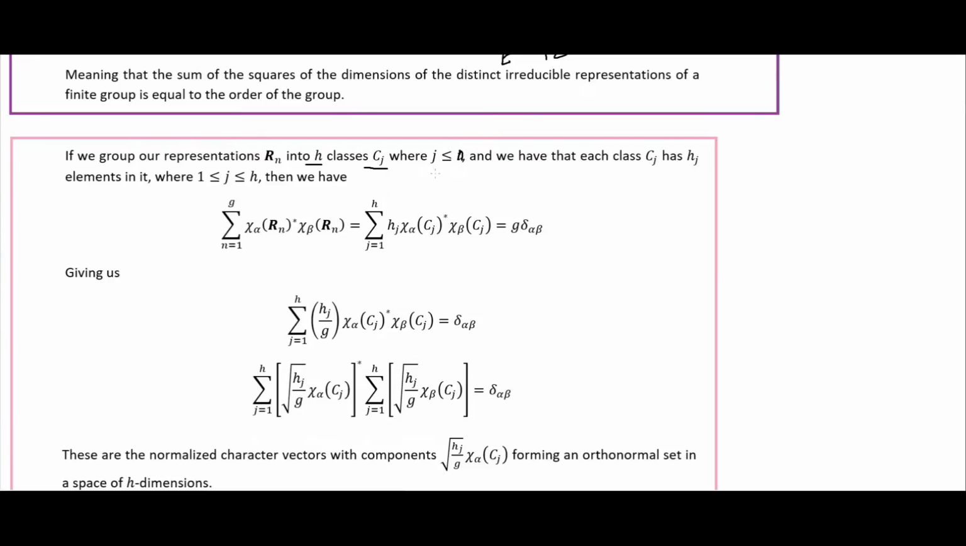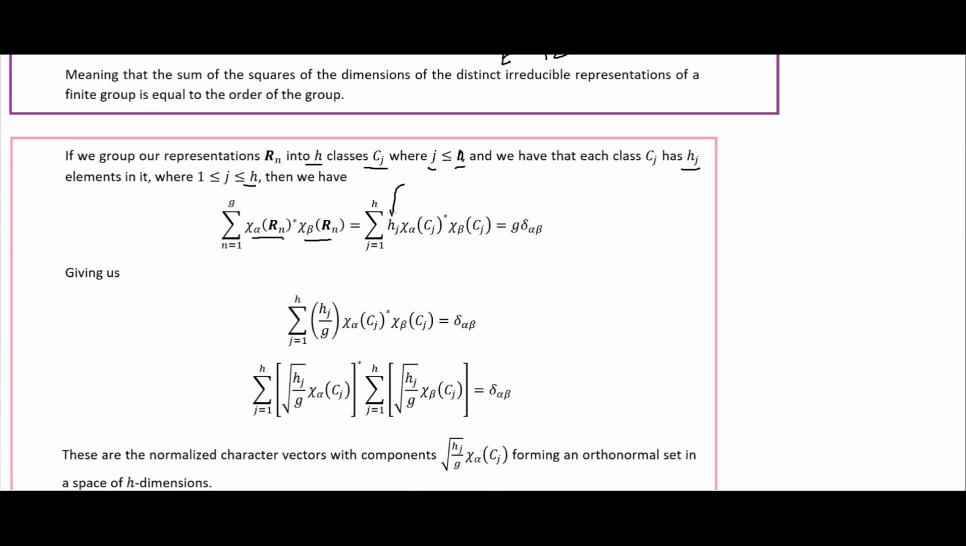So N. And so we're just saying that the number of classes is less than or equal to the number of symmetry operations, because we have to take the symmetry operations and group them into classes, so you couldn't have more classes than symmetry operations. And if we have that each class has h sub j elements in it, where the j here ranges between 1 and h, then we have that the sum of these two characters here is equal to,